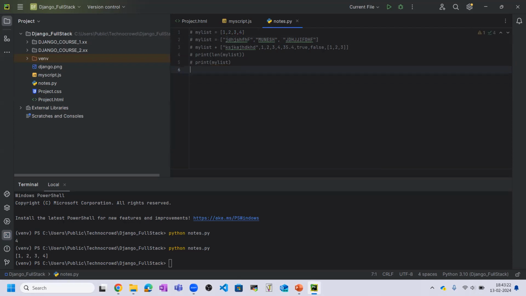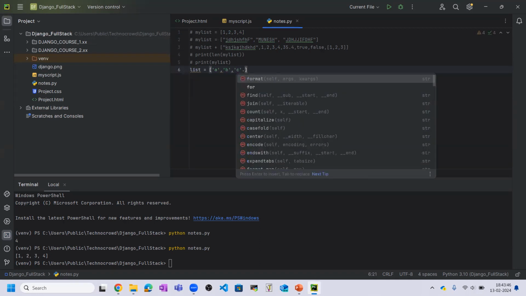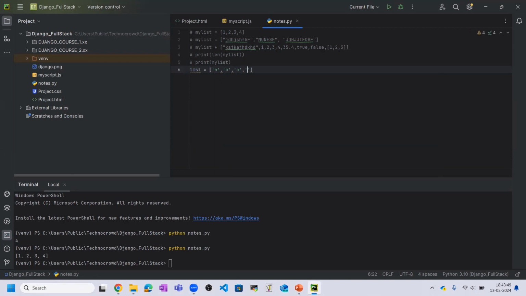Okay. So let's say list equal to character A, then B, then C, and after C I am storing the D. So this is the list which is containing some characters, that is A, B, C, D, and I will use